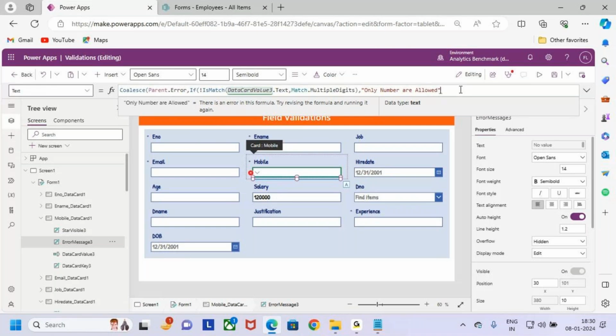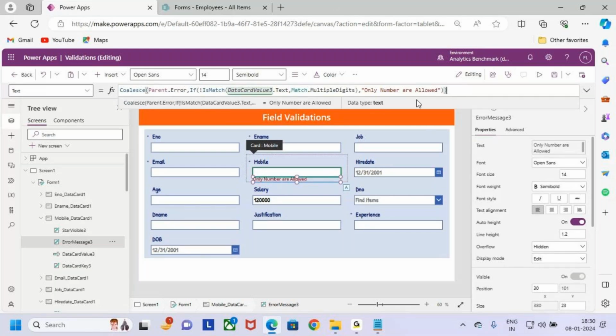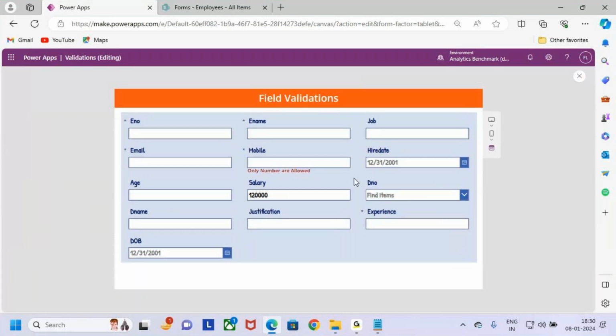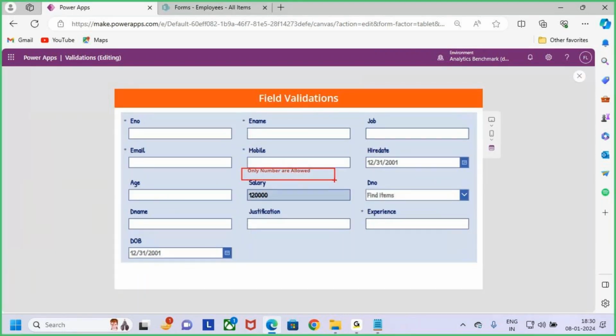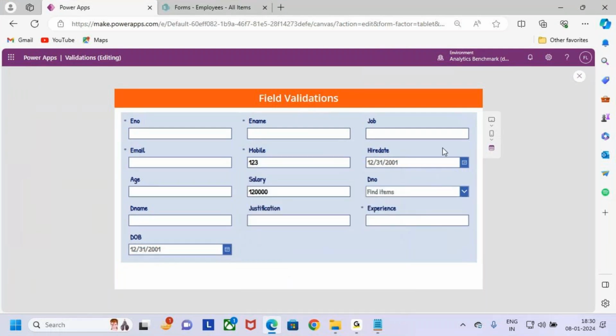I want to keep some error message. What is that error message? Only numbers are allowed. So just close it. I'm using one if condition, guys. Now try to understand. Go and play it. Now see, by default it is throwing some error: only numbers are allowed. Now when I enter some numbers, automatically that